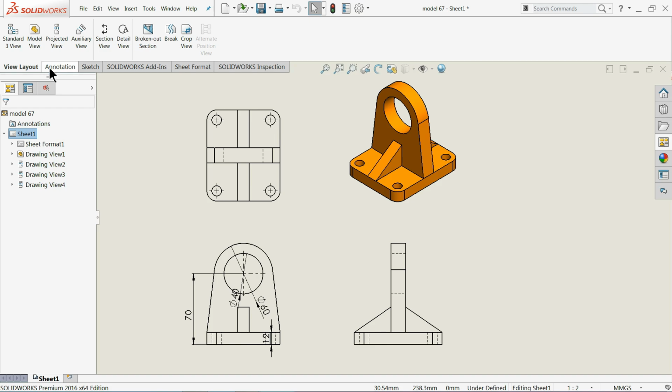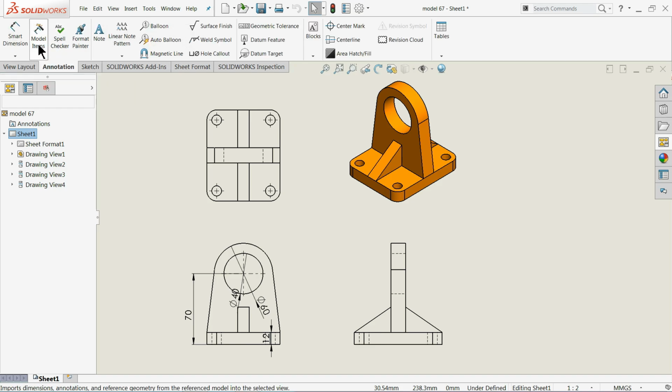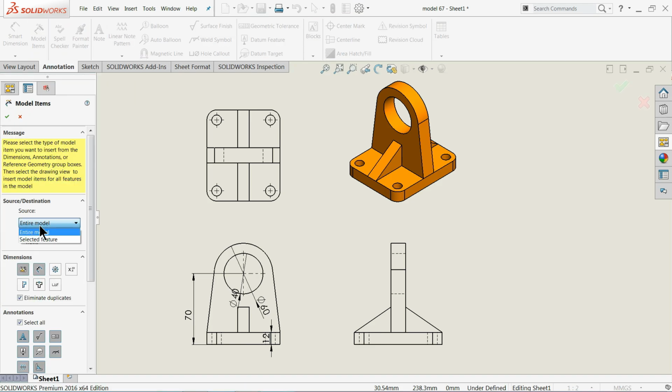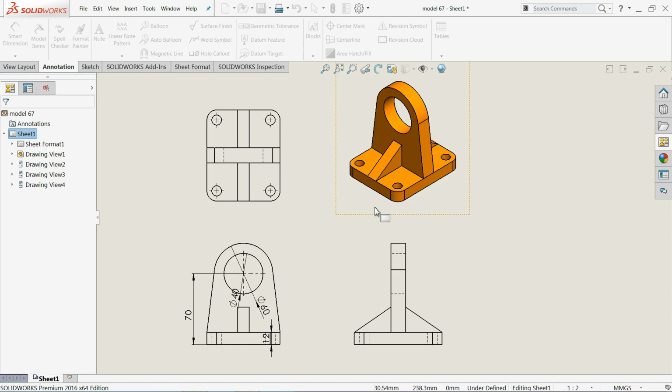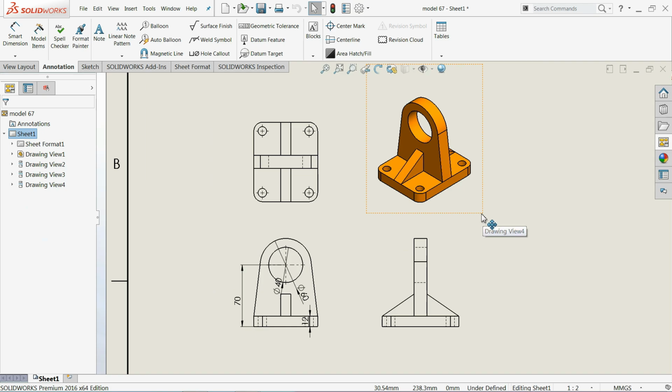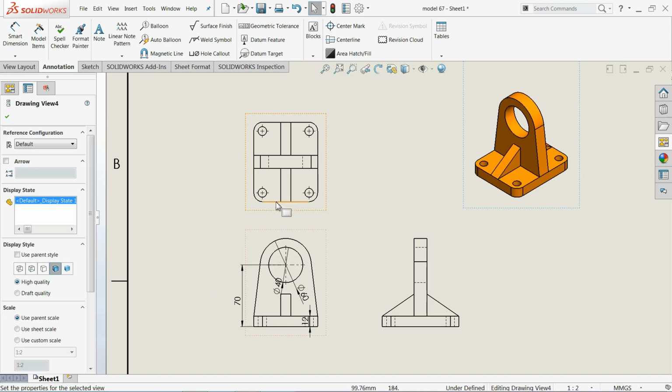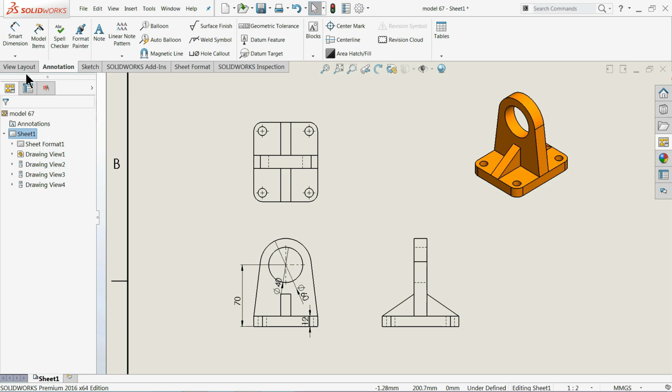Or simply go to Annotation, Model Items, and here choose Entire Model. But we will not do that, we will do one more thing, then we will apply it in a drawing in full view. First we will see how to make